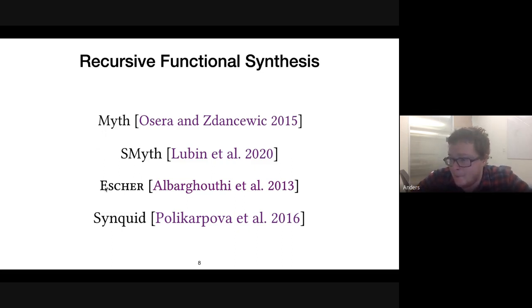And liquid types are really impressive. They're really strong. They're able to give very unique specifications where the synthesis is almost non-existent. You almost know exactly what program it is if you give a sufficiently tight specification. But writing them is really difficult.